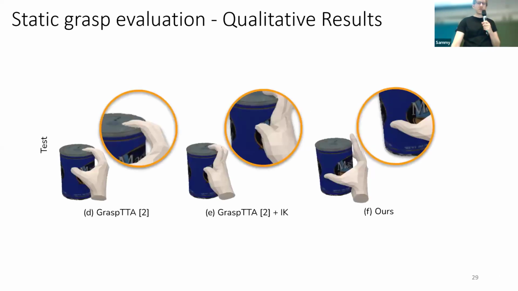Okay, let's come to some results. First, one advantage that we have is that because we are in a physical simulation, we can denoise some of these artifacts that we see in static grasp synthesis methods. As you see on the left, there's some interpenetration. And after we feed this into our method, we can get rid of these object interpenetrations because in the physical simulation, this is not possible.